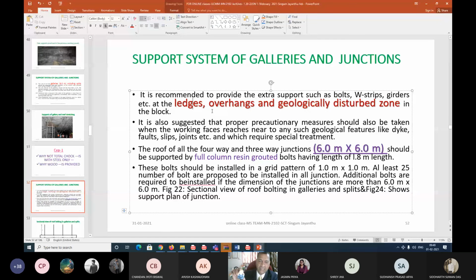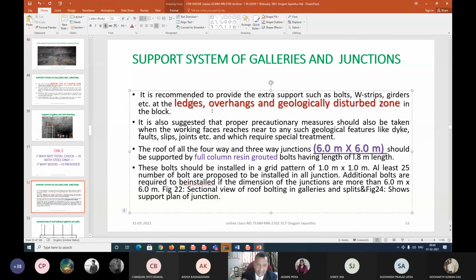You can also see from this, right? So here the sides may not be as plain like this. It must have been something like this, where on the roof side there may be more excavation because of blasting or other things, right? Then what is happening? There will be more overhang. Otherwise, some type of ledges are formed, maybe in the roof side or in the floor side. Okay, this is the meaning of this.